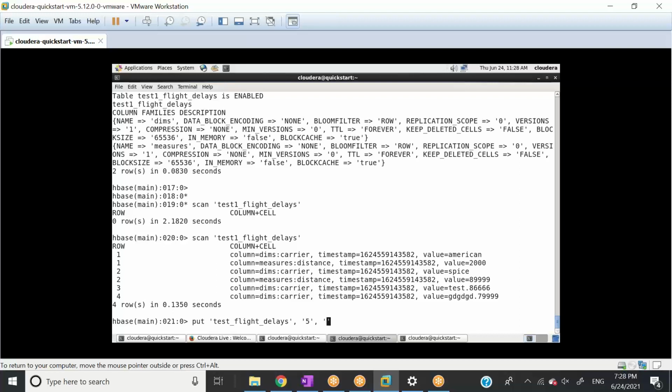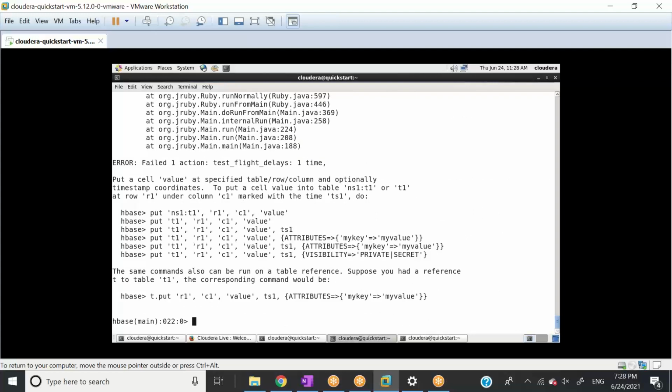Okay, comma and dims, and let's say we need to say CARRIER, and let's say I give the value as my carrier from HBase, something like this. Okay, and I put enter.